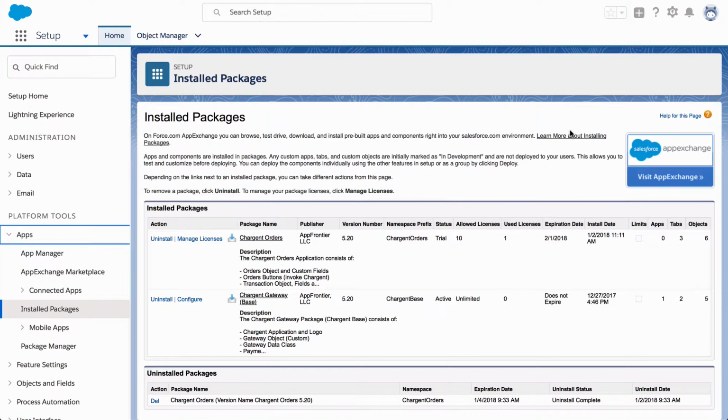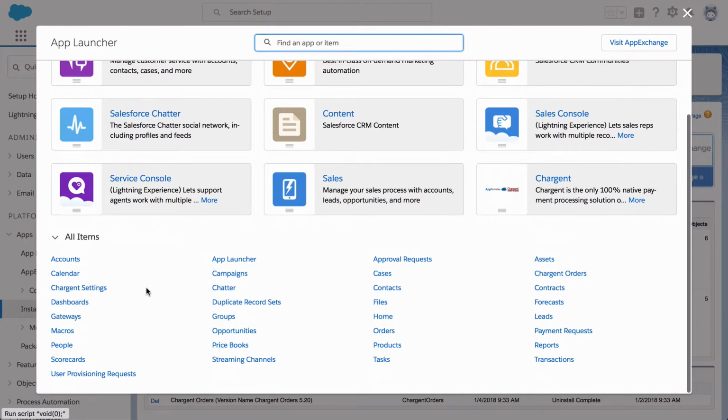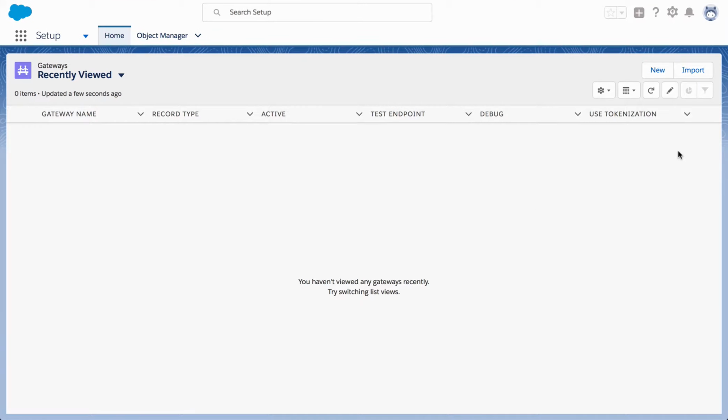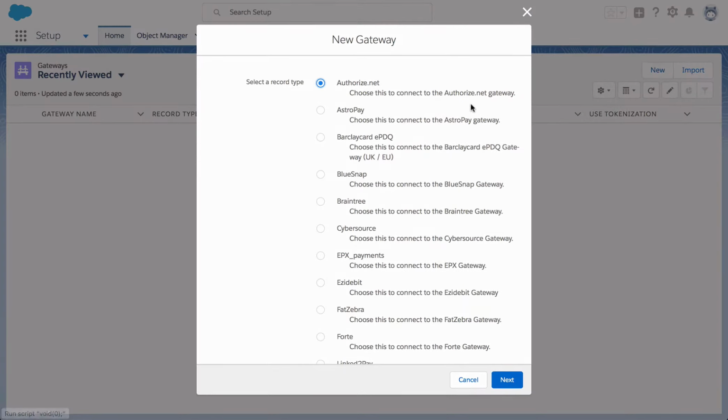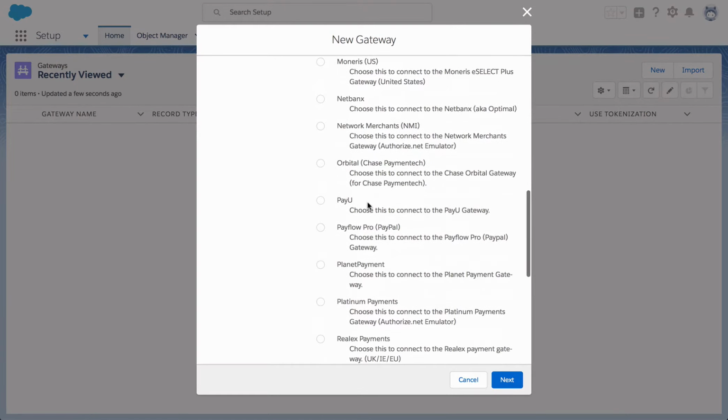So once you verify that you have both packages installed, you're going to want to set up your gateway. And to do that, we're going to go under the apps here. We're going to look for gateways, and we're going to click on that. I'm going to use Stripe as an example today, but you can essentially use any of the gateways that we have listed on our website. We're going to go ahead and choose Stripe